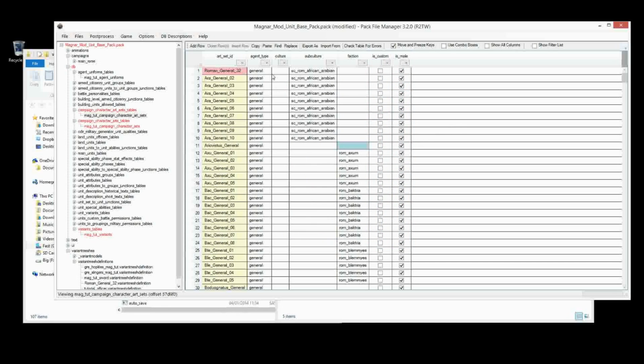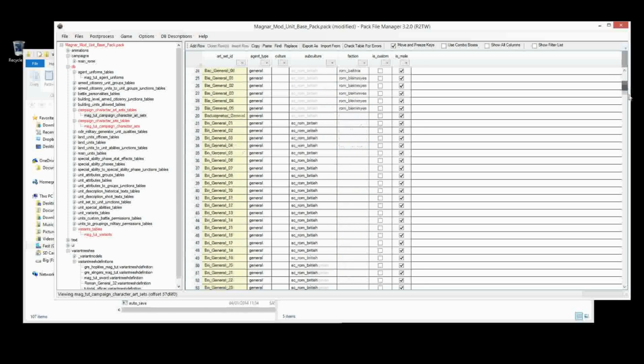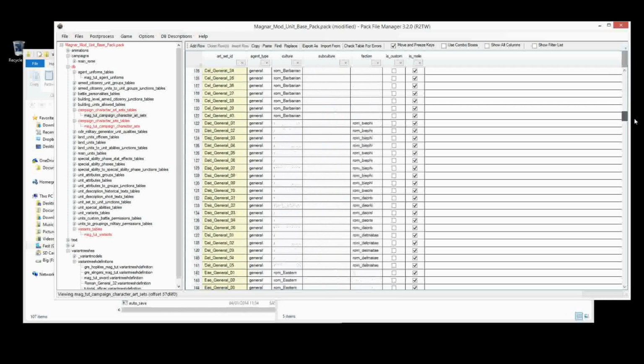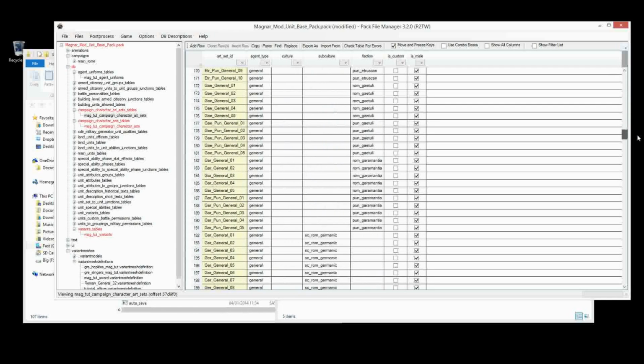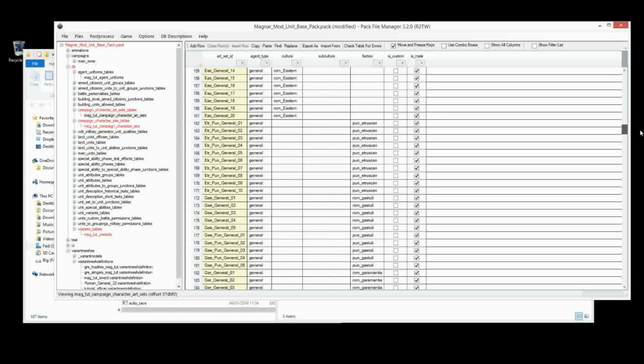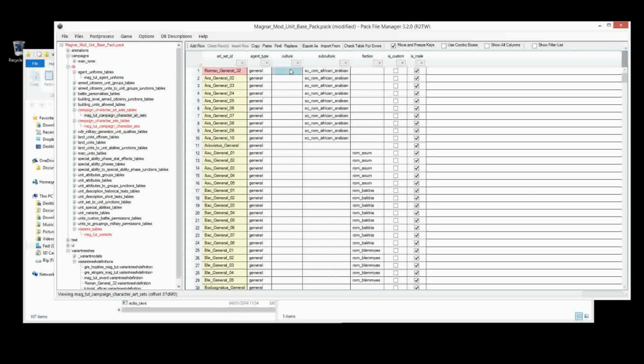So we want to have this general, and we'll put him to something weird. Don't want to do Rome again. Let's do it a bit different. Let's go maybe Bactria. Not that it matters. Oh, let's do it here. We'll just do an Eastern. Now with this, all you need, by the way, remember to push backspace when deleting something in here